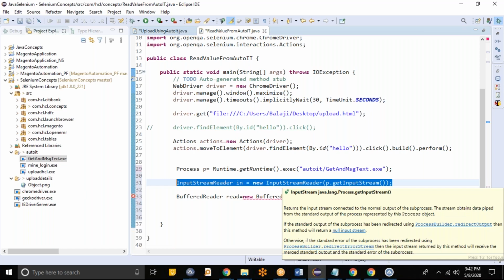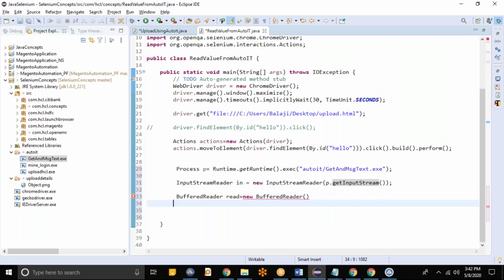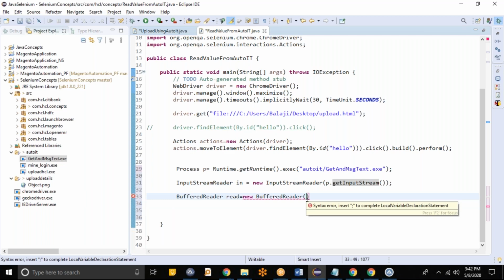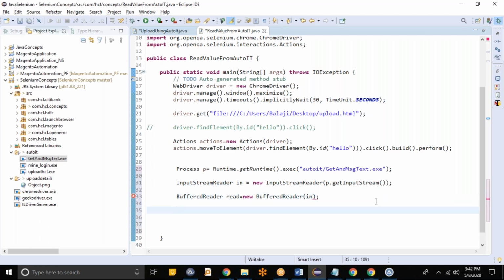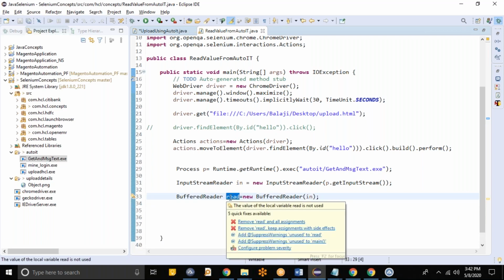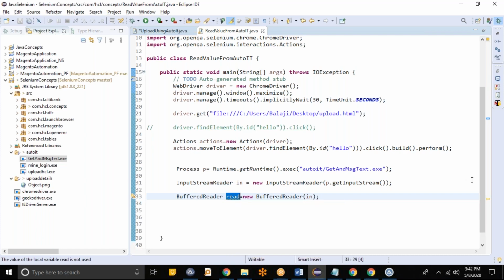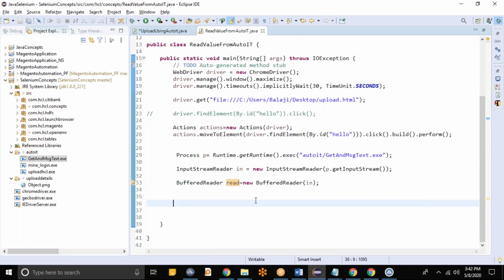Now, after holding the process, we have to read it. In order to read the Excel, we will use Excel workbook. In order to read the properties, we'll use the properties class load method. We will be using buffer reader. Okay, in this case, pass that in over here. Now, this will try to read the value. So, while reading the value, we'll have to write some steps over here. So, in dot next line, and then we will be doing the operation. So, over here,